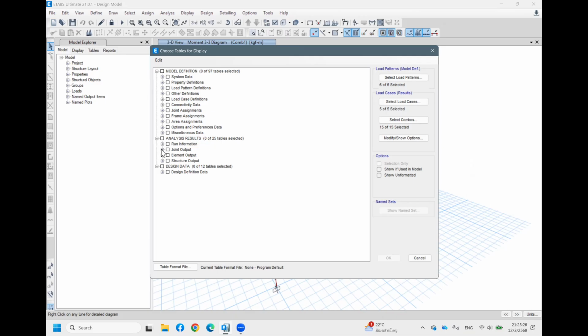So if you want the output to be reaction or shear moment diagram, we can select here. So run information, no. Joint output here is about the reaction. So we can click and click the joint reaction here. We can try this, I don't know, joint design reaction. And then next,